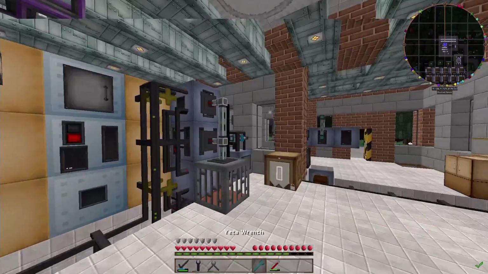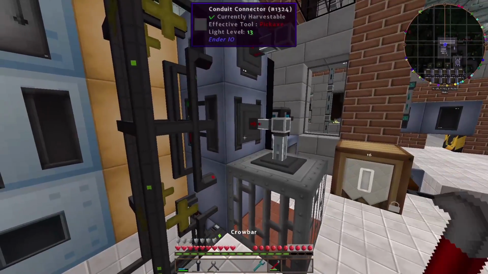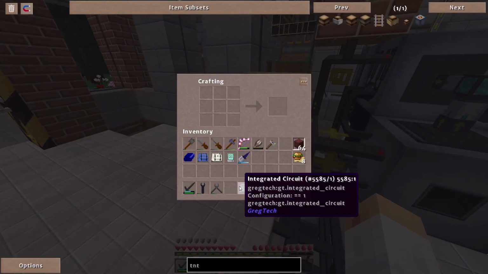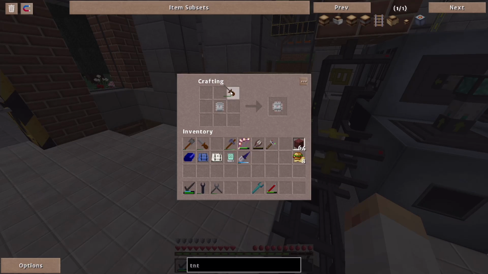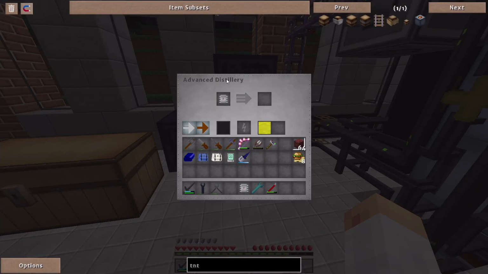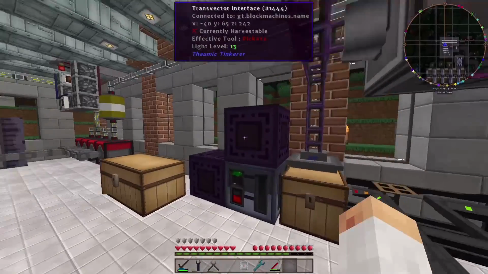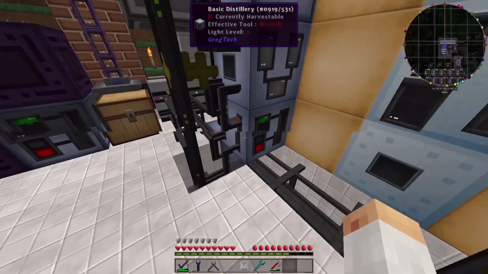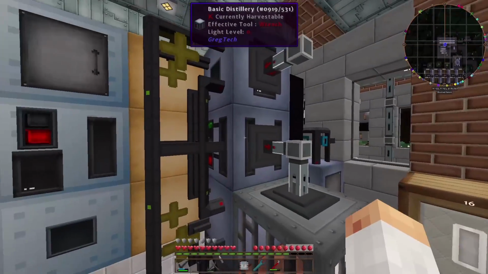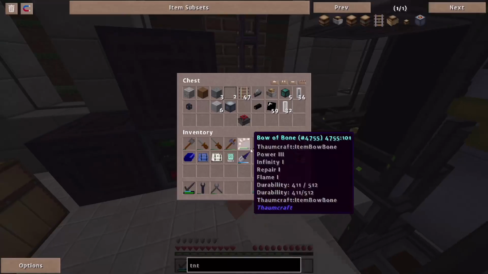Let's get my wrench, let's disable this so it's not going up, because I don't need it to go up. And the only thing we need to do is change the integrated circuit and configure it to number 3. Also, by the way, as you can see, I have added one more distillery in here connected to the transvector, which corresponds to this machine. So basically, I'm making the sulfuric light fuel faster. So I'm going to shove this here. I'm going to just kickstart